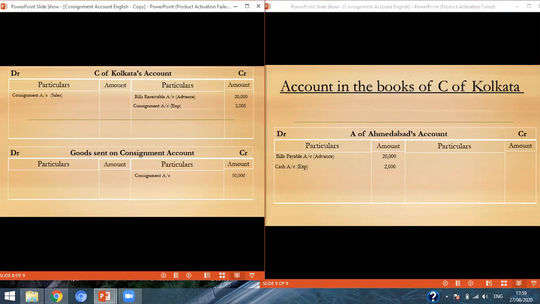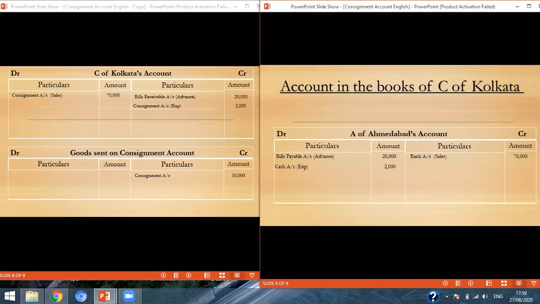The amount will be the same. Here the third entry is on the debit side, that consignment account, and this entry will come on the credit side. If this sale is on cash, this cash or bank account will be debited. If it is on credit, then the debtors account will be debited. So here the narration will change to the debtors account. We have already understood this in the last video lecture. So I hope you all remember and you have written it also. This amount is the same, but the entry is just on the opposite side.